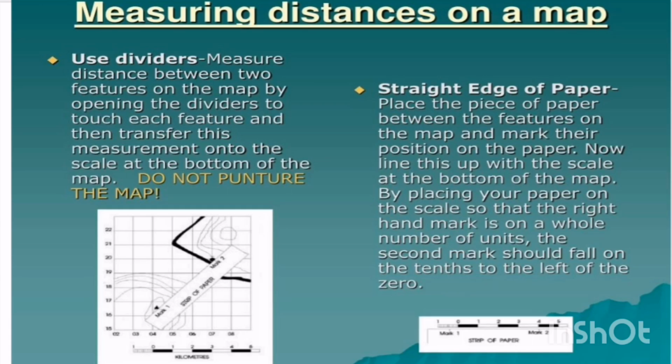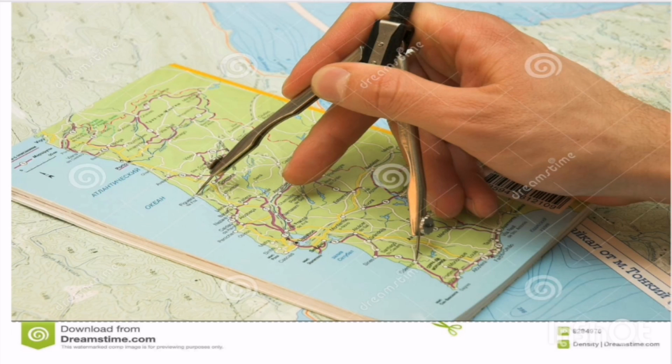With the scale you can directly measure, and with the divider what you have to do is put the two legs of the divider on the 2 points, and then these two legs are placed on the linear scale, from where we can calculate the distance. Okay,